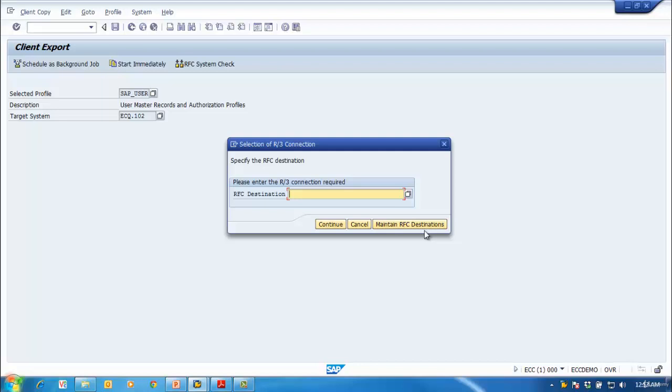It's the same as previously what we have seen in the remote client copy, that you can do the consistency check. Here also we can use the consistency check. However, you need to have an RFC connection, but this RFC connection we will not use for client copying. Okay,